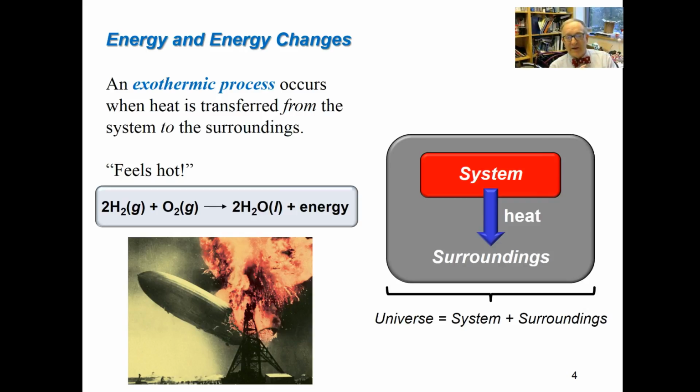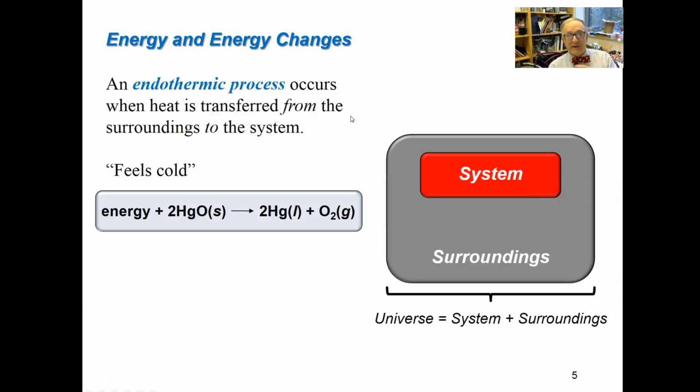And the picture that you see is of the Hindenburg exploding in New Jersey back in the early part of the 20th century. The opposite process is an endothermic process. It's when heat is transferred from the surroundings to the system. So an exothermic reaction, you saw the fire with the Hindenburg, that feels hot. An endothermic reaction is actually going to feel cool. It's going to absorb energy from the surroundings. And so mercury 2 oxide, as it decomposes, it requires energy to do that, and it actually will feel cold to the touch if you were to feel it. And so heat is flowing from the surroundings to the system in an